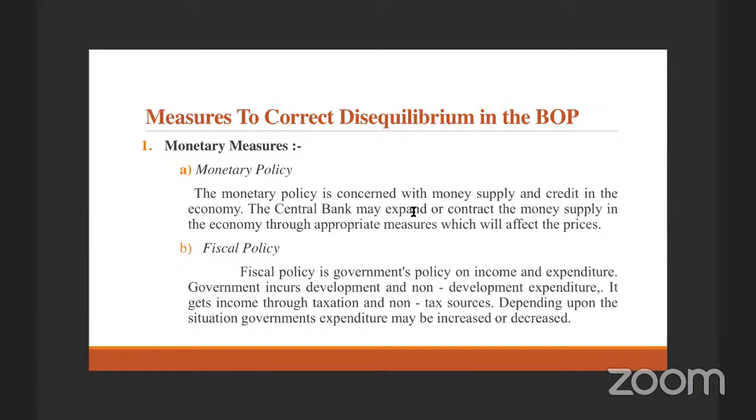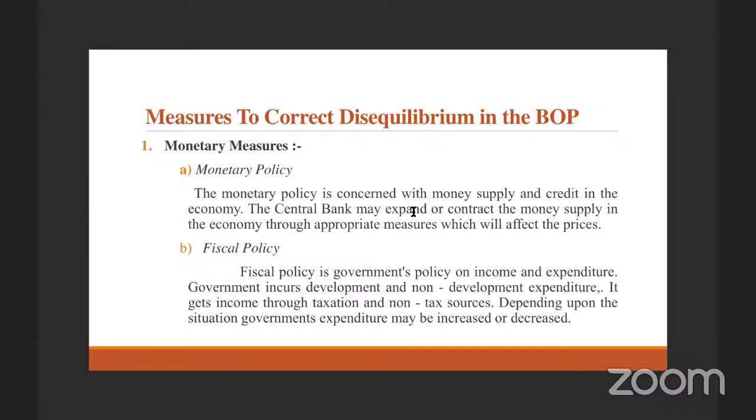As a government, it has monetary policy as its whip, through the RBI, the central bank for the country, Reserve Bank of India. The monetary policy is concerned with money supply in the country, and credit in the economy. It's not just money supply, it's also a controller of the credit. How can the bank control the credit? When the RBI, the central bank, raises the bank rate, what is that? The rate at which the central bank lends to the commercial banks.